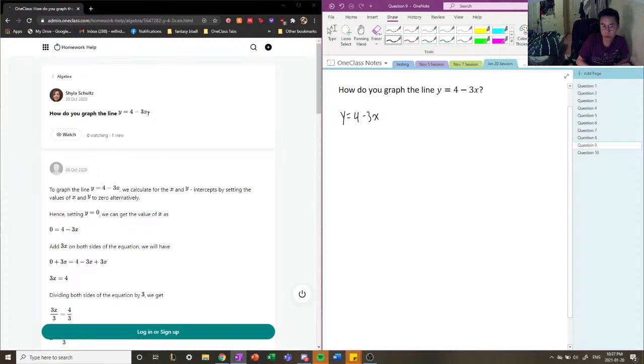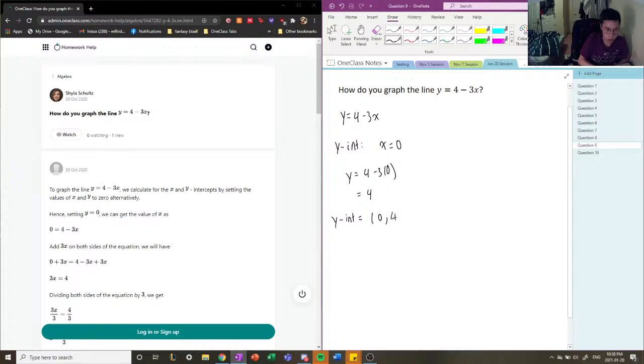Usually the points I like to pick, and you can pick any points on the line, are the x-intercept and the y-intercept. The y-intercept of the function is where the graph intercepts the y-axis, and the x-intercept is where the graph intercepts the x-axis. To find the y-intercept, we set x equal to 0. If x is equal to 0, y is equal to 4 minus 3 times 0, so y is equal to 4. So our y-intercept is